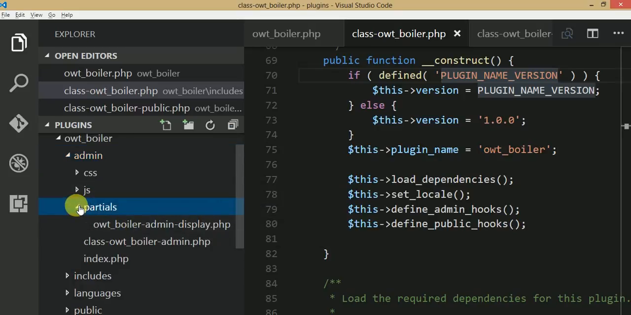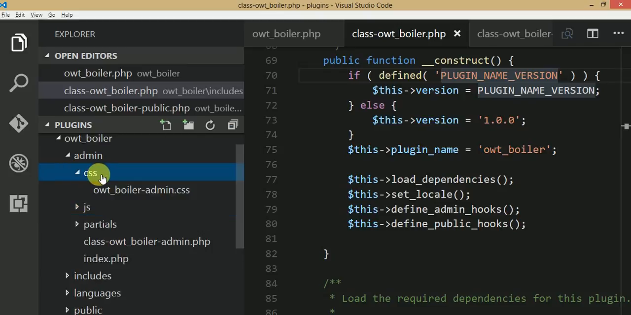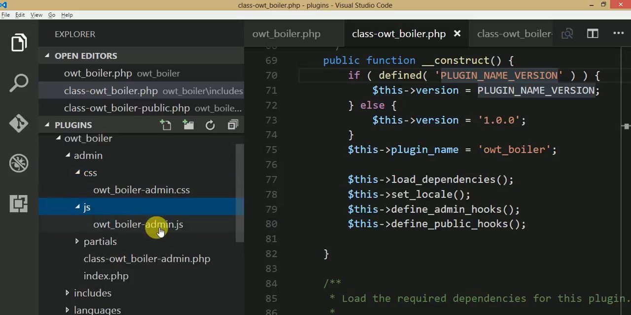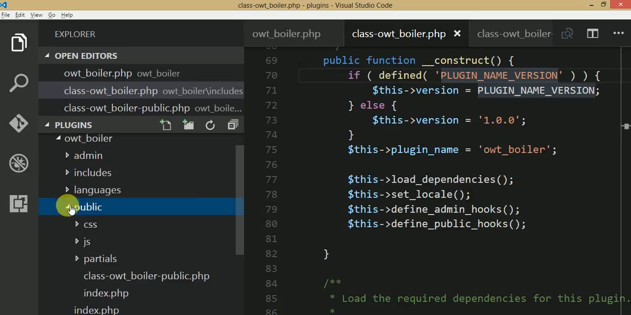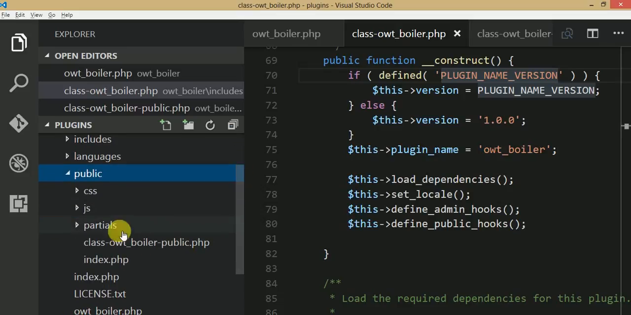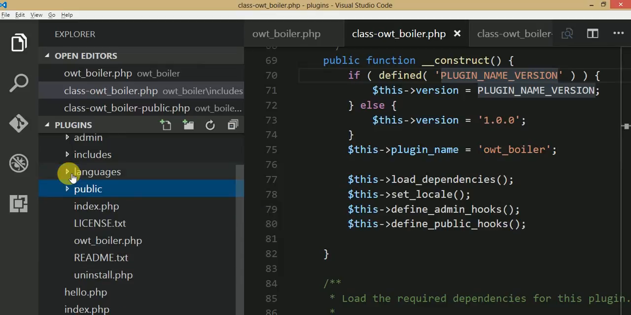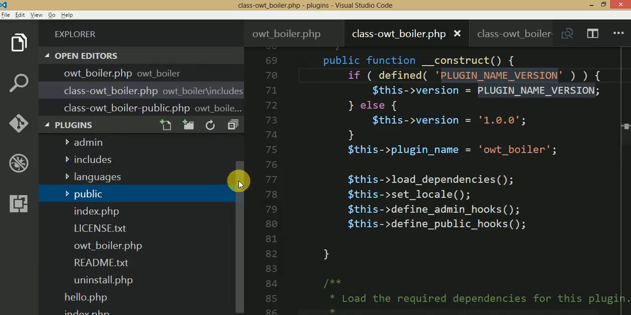Okay, and now by default this CSS section contains an OAWT boiler admin.css. This is the basic file that the default folder structure generates. Okay, and now this is the JS file. The name suggests that this section contains everything about the functionality of the administrator panel. Okay, and now this public folder contains all of the information about our front end section. Okay, now in our upcoming videos, when we go into its deeper section, we will discuss